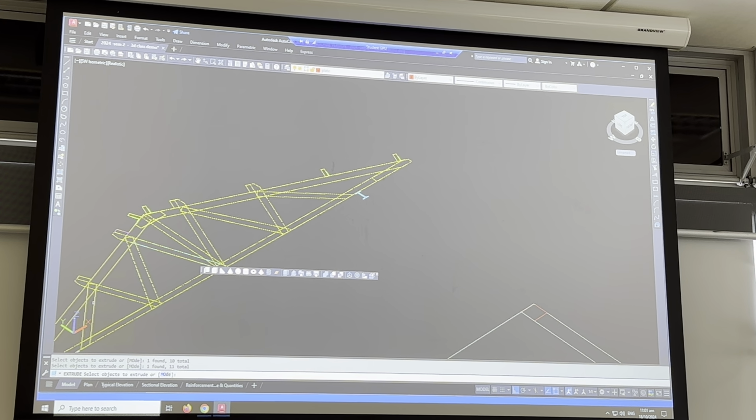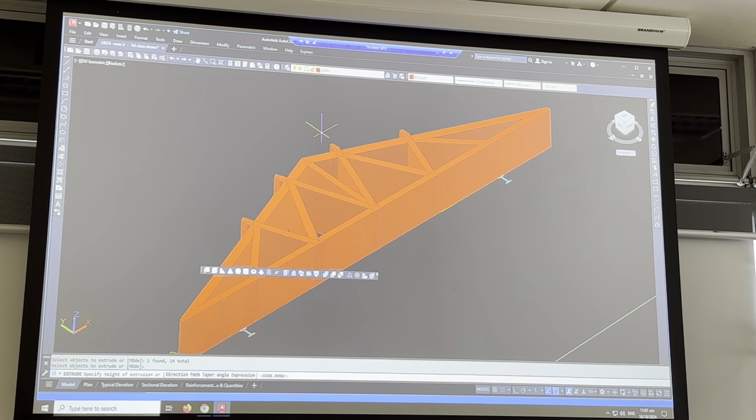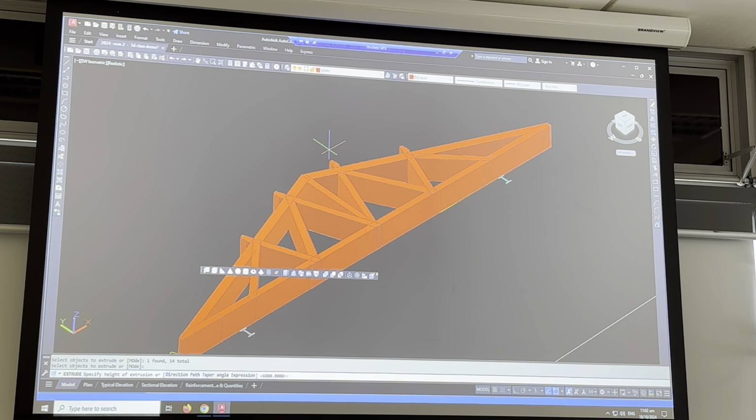I could also mirror one side, which I thought about doing, but I'm not going to do that today. Enter, look, the truss is coming alive, I'm going to go 50 on that. And you can see already the truss is starting to take shape. Now, by memory, we need to,